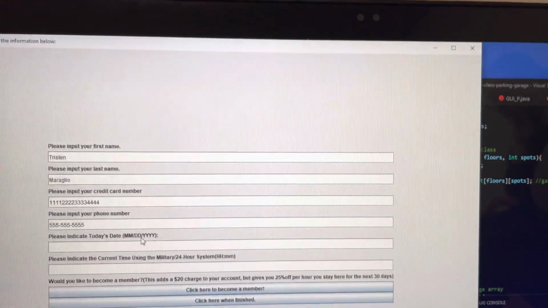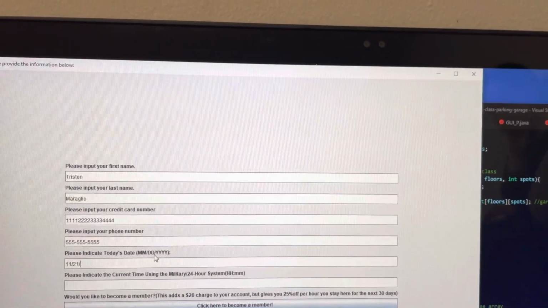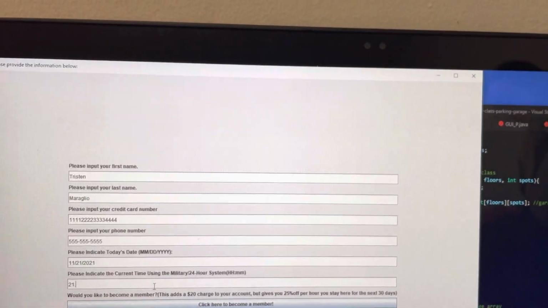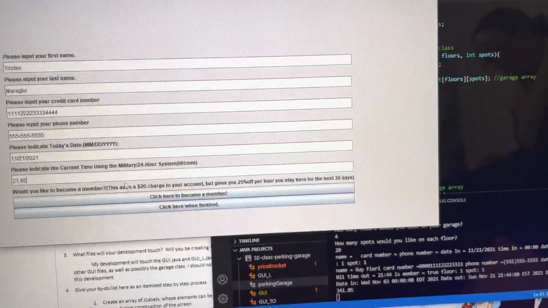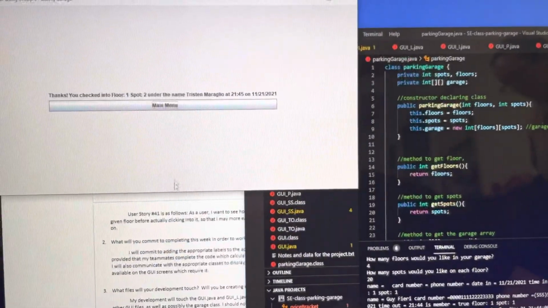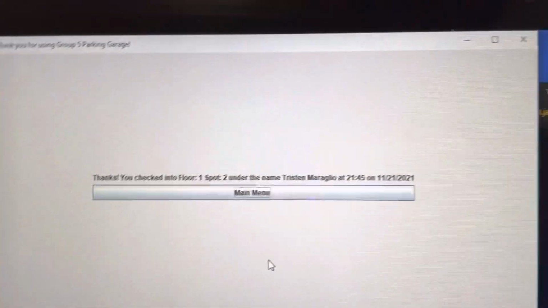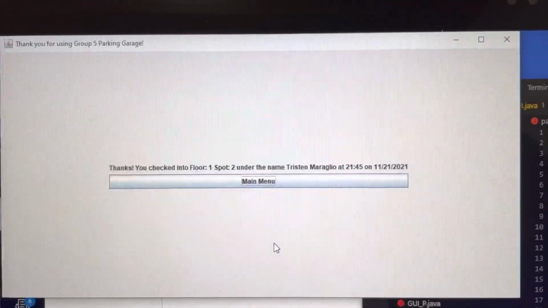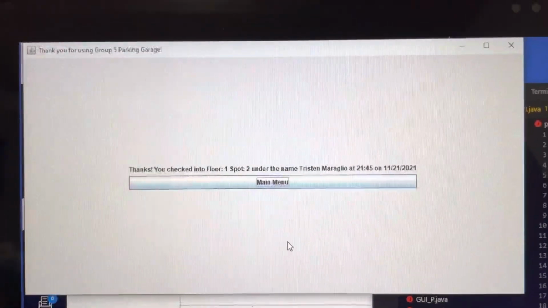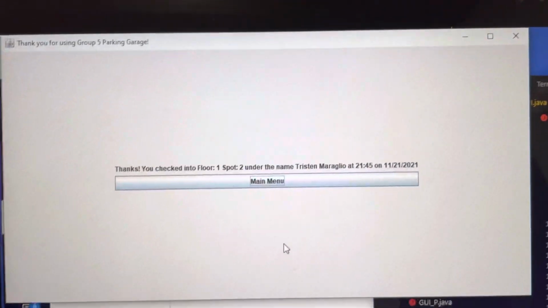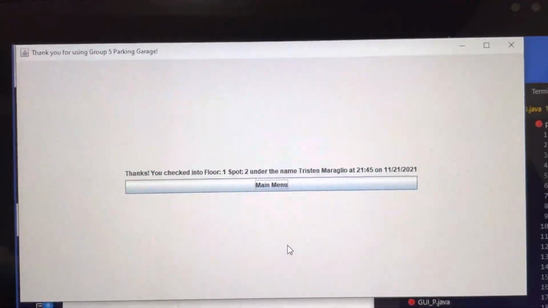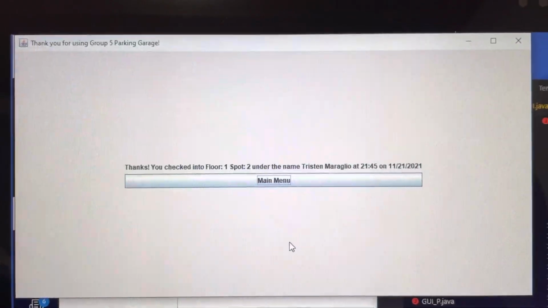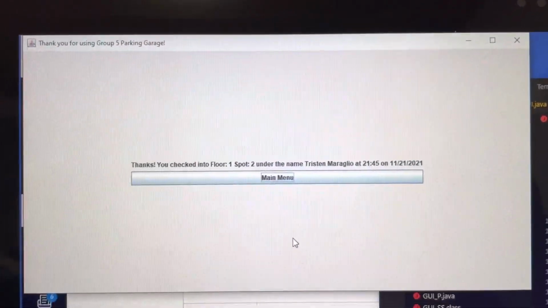So let's input a bunch of information. We're going to check in right now, at the time it actually is right now. Cool. So now there's this screen. Previously, nothing happened after you checked in because we haven't needed anything to happen for functionality purposes yet, but we're getting to that point now where we do need that for the minimum viable product for the code to work. So it just tells you basically the important stuff that you